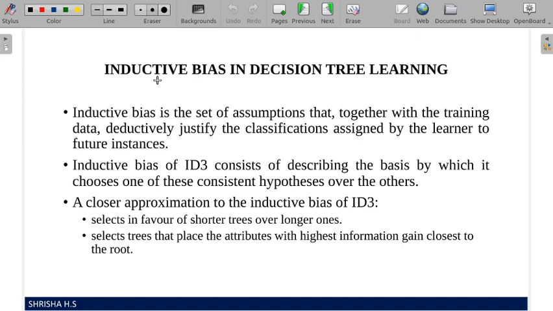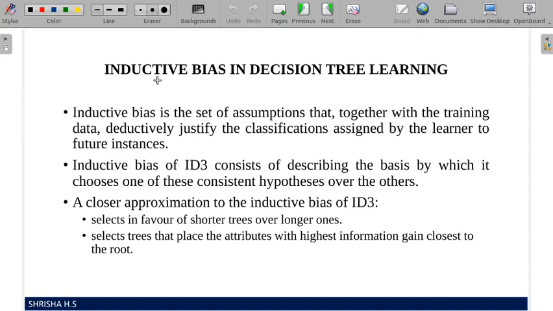So we know that there are many hypotheses possible for a data set. Some good, some bad, and so on, which are consistent with the data set. There are many hypotheses possible. So our method of creating the hypothesis, among the set of hypotheses, which one it will choose. Depending upon the method we employ to arrive at a hypothesis has a certain tendency.